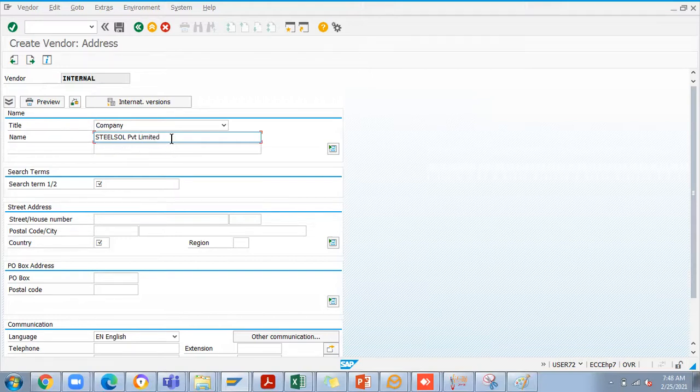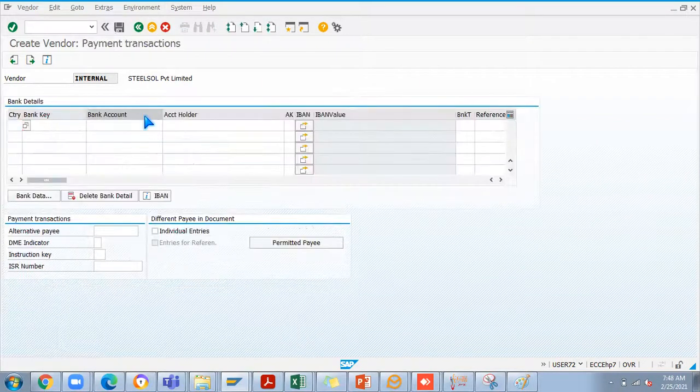I am just giving one example of a supplier who can supply the metal sheet part. So I can say steel-related vendors are there. Then if you enter this search term, you'll get all the vendor details later. This is just for searching purposes. A short word you can add here.